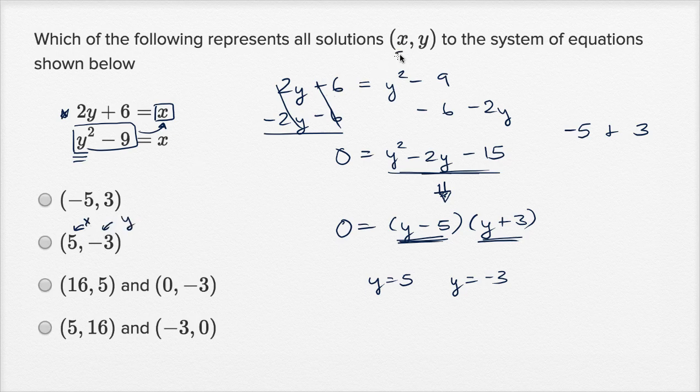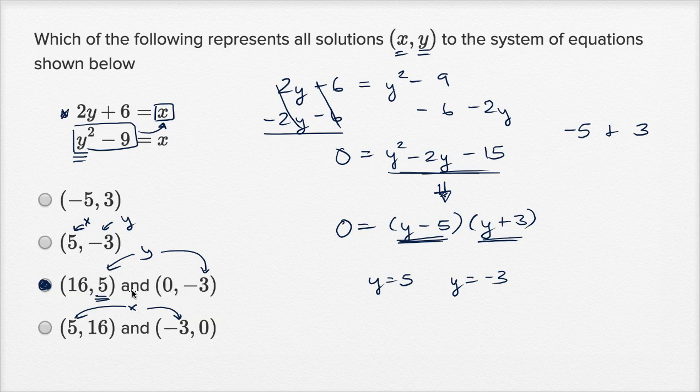The first coordinate is x. The second coordinate is y. So y equals 5 and y equals negative 3. This one is y is equal to 5 and y is equal to negative 3. So you should feel immediately pretty good about this choice right over here. This one puts the 5 and the negative 3 in for the x coordinate. That says x is equal to 5 and x is equal to negative 3. If I was under time pressure, I would just stop there and move on to the next question because I feel good about this choice.